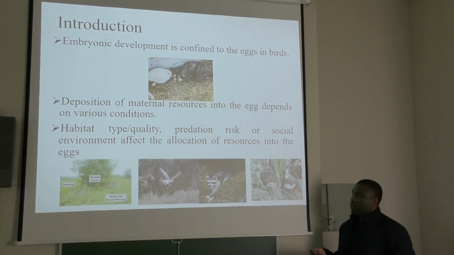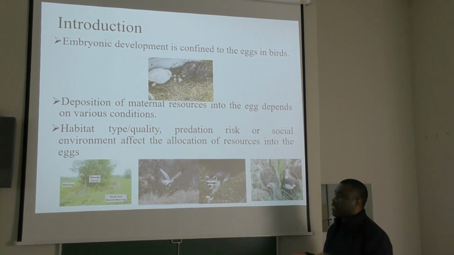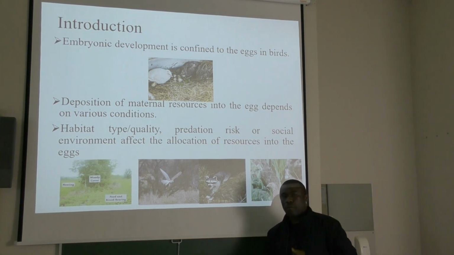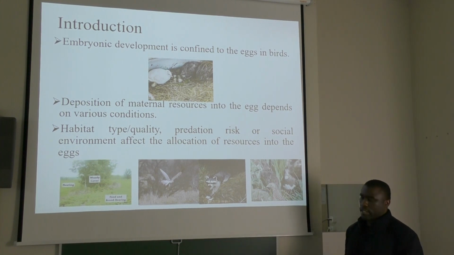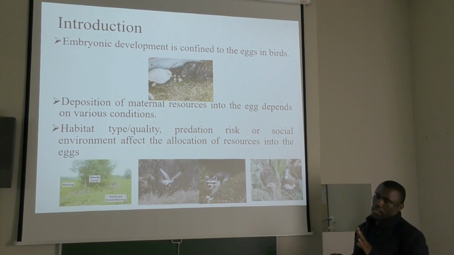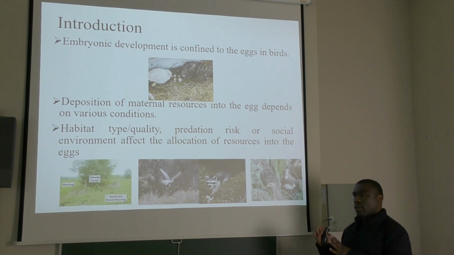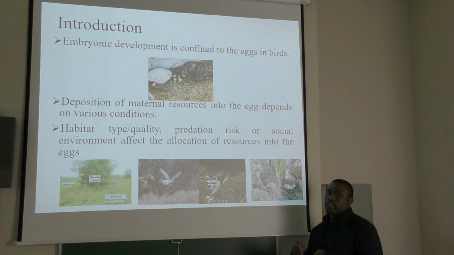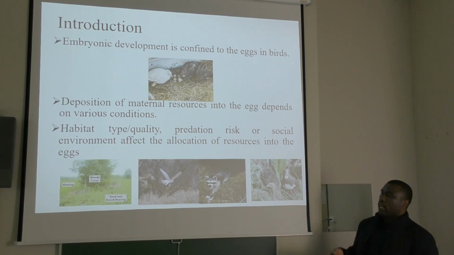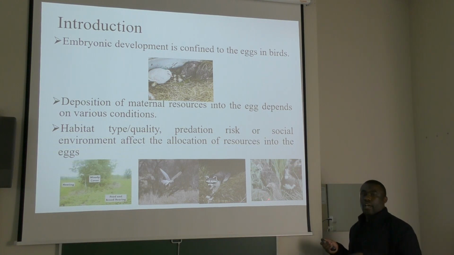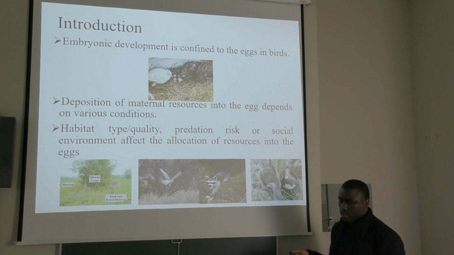And also, if there are predation risks in that area, the organisms or birds sense that this area is not potential for nesting, it's not potential to lay the eggs. It will not necessarily lay the eggs in that area because there is a probability that the eggs will be predated and then they will not be having the babies anymore. So they don't allocate many resources to the eggs in such a way that they don't lay many eggs. And then the social environment here is how they are connected to the other birds, for example.